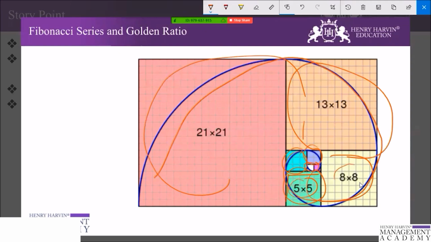So that starts from 5 into 5, 8 into 8, 13 into 13 and 21 into 21. But the squares fit together perfectly because the ratio between the numbers in the Fibonacci sequence is very close to the golden ratio, which is approximately 1.61. So the larger the number in the Fibonacci sequence, the closer the ratio is to the golden ratio. That is not important as such, but I just wanted you to understand that this Fibonacci series was even designed in 1202